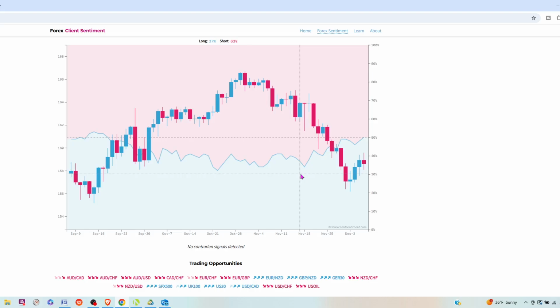Okay, and that's going to be pretty typical, right? You make a new low, you bounce, make a new low, bounce, make a new low, bounce, right? That's just typical trending market structure. All right, and for this, I'd say as long as we don't close back, if you're looking at market structure, we could be looking at this area up here or this area up here as kind of our structure areas to look at. But again, we're just using this tool as a contrarian signal to trade against the retail crowd.